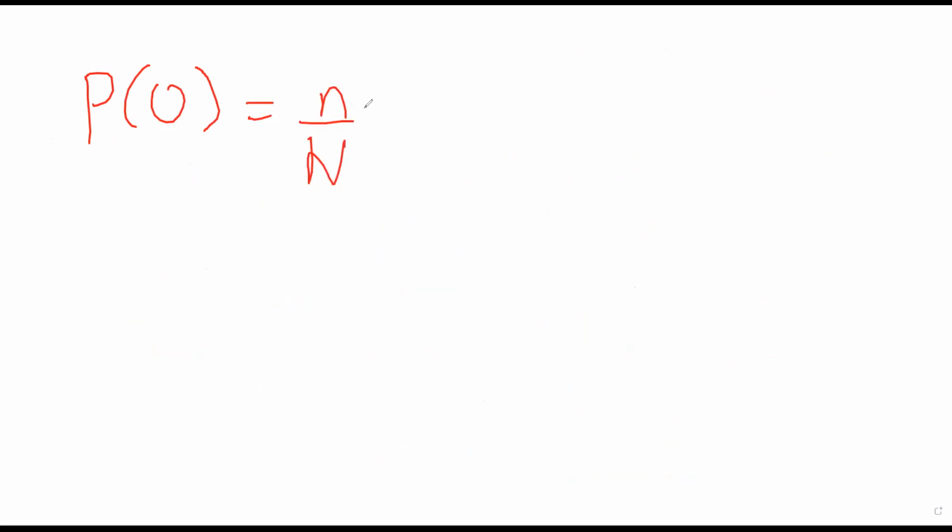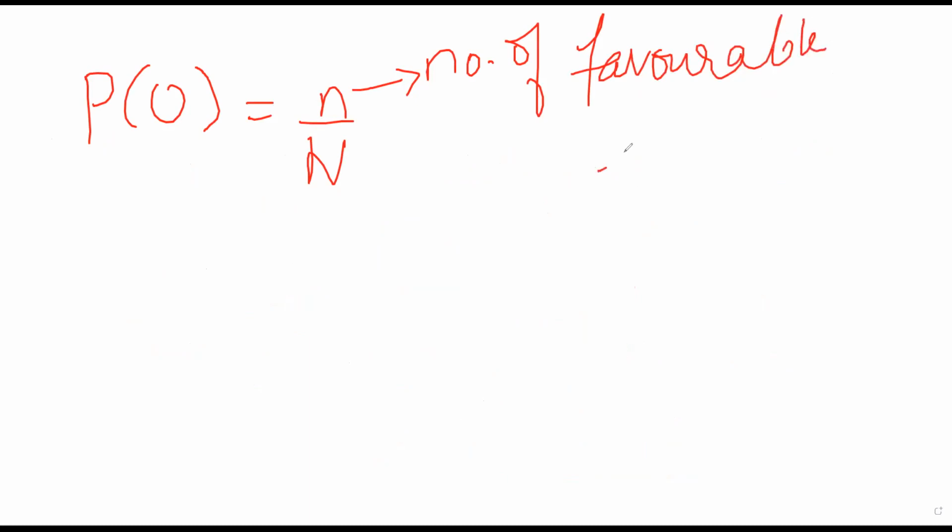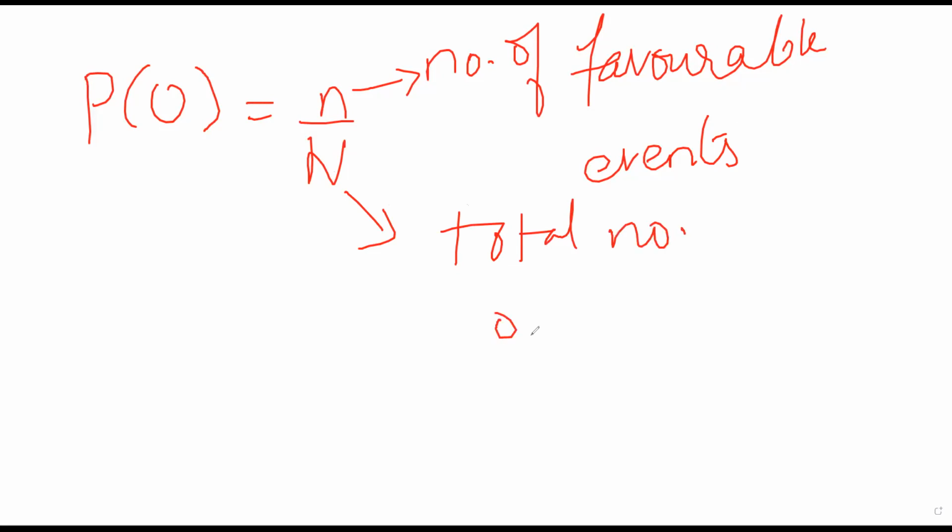Any probability is equal to the number of favorable events divided by the total number of outcomes. In this scenario, we are looking for overweight babies. The question is how many times overweight babies can be formed. So we are specifically looking at overweight babies, so the favorable event is the number of times overweight babies are being formed. This is the total outcome, the total number of babies being formed, the total chances that I can get.